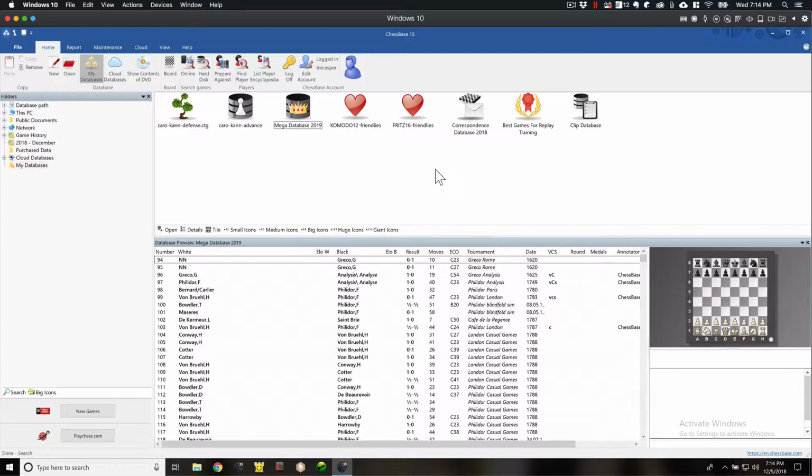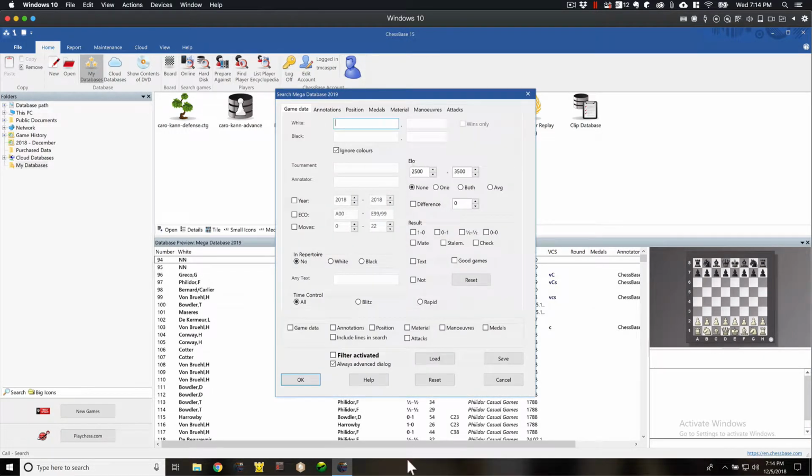So we're gonna get started like we usually do, opening up the search mask. You can do that by hitting Control F, or you can right click and go to search. I always like to reset my search mask whenever I'm going to perform a new search. I would urge you to do the same. Otherwise, once in a while you'll have some old remnants of a search in there that you don't realize is there, and it's going to screw up your search, and you might not even realize it. So we're going to head over to position,